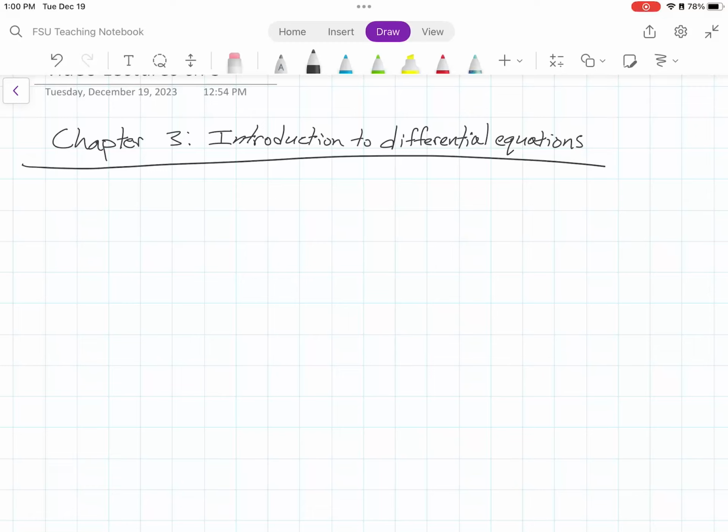But first, we're going to talk a little bit about how to understand a differential equation just by looking at it. And so that brings us to section 3.3, which is classification of differential equations